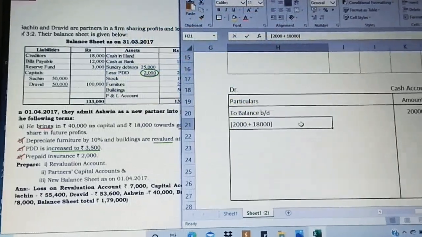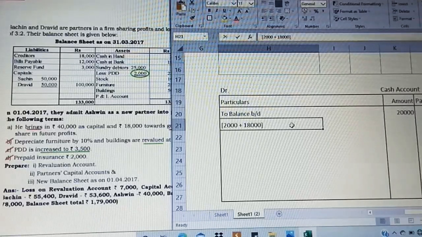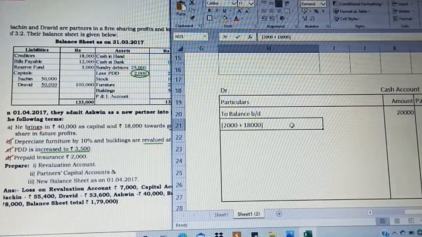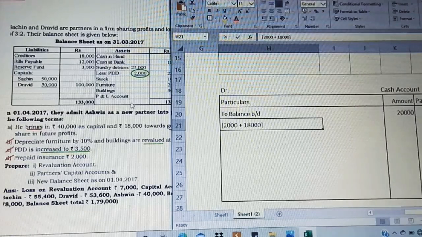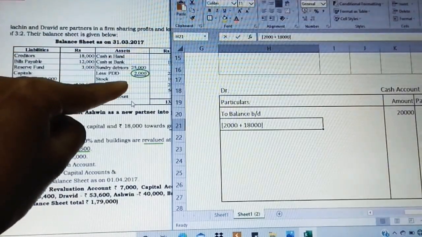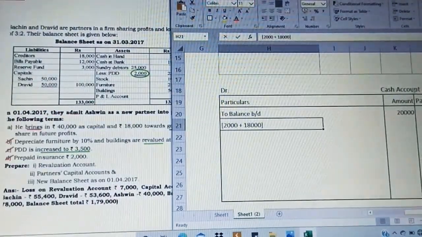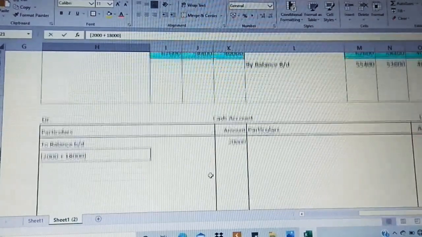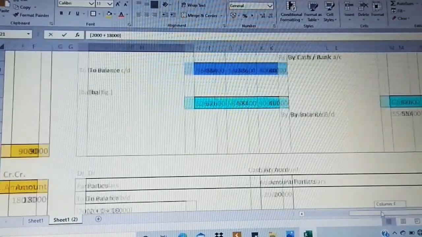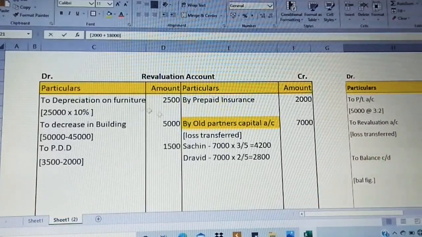Just observe from the opening, we have to take that is from the asset side, cash in hand, cash at bank together. I'm taking it in this as the opening balance. Now this is the first step which we need to do. After that, from the question part, first step is from the balance sheet, we need to take the cash value. So I've taken it. Next step is we are going to concentrate now only from the ledger accounts of previous which we prepared, going for the revaluation. Now first step is go to the revaluation.